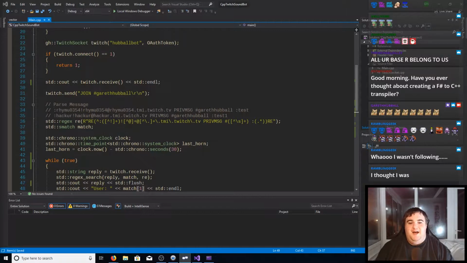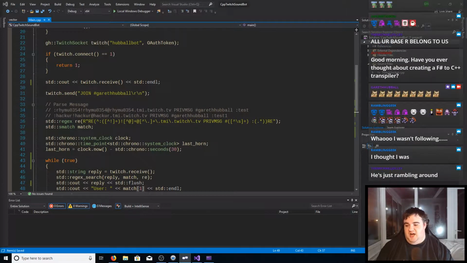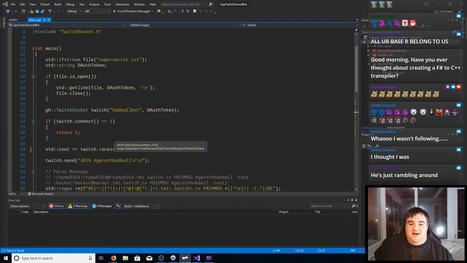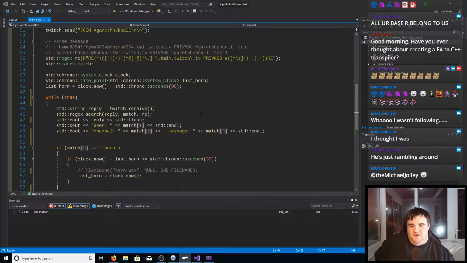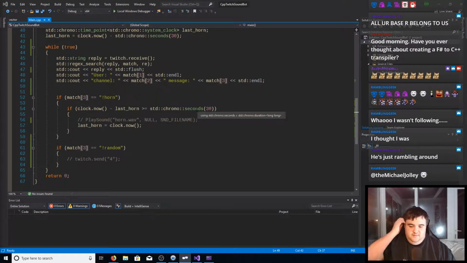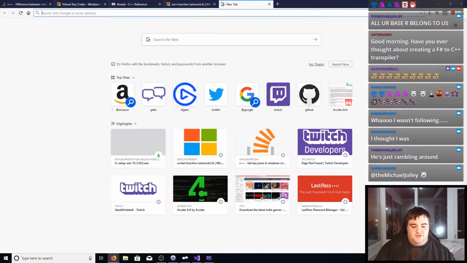Going back, unwind the stack a little bit, talking about F# to C++ transpilers, I think once F# gains support for .NET Native, I'd rather use that anyway. And I mean, look at my code. I don't know C++ very well at all. My C++ foo is none. Interestingly, let's go for something completely different